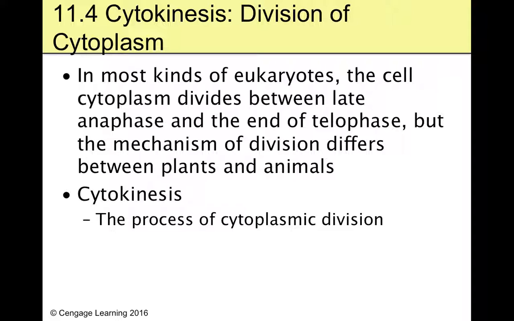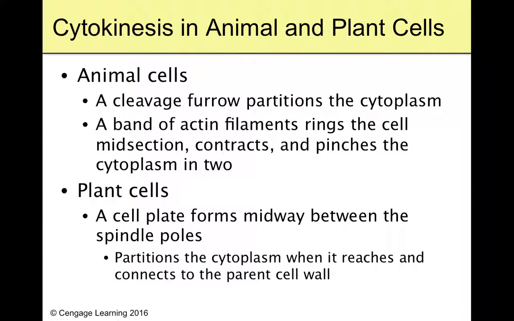So cytokinesis is the process of cytoplasmic division. And in animal cells, we are going to form what is called a cleavage furrow, as these little actin filaments start to make a band around the middle of the cell and pull that band in. They contract to pinch that cell into 2 cells. And when they do that, they make this band of infolding in the cell membrane, and we call that a cleavage furrow. Once that cleavage furrow penetrates completely through the cell membrane, we have 2 new cells,